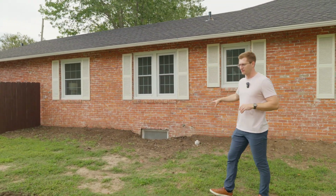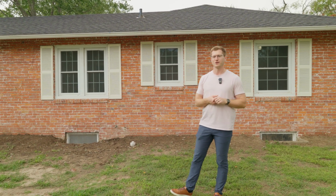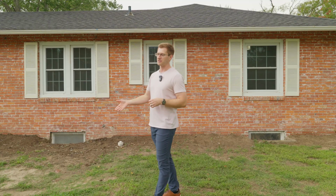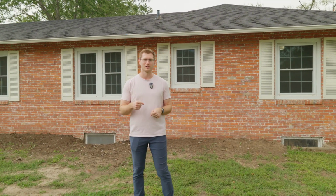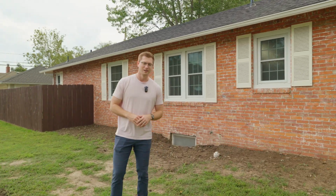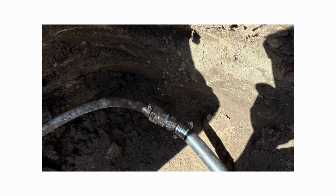But right here, we did run into some stuff. About a week or 2 after we closed on the home, the guy was mowing out here and he noticed some water coming out of the ground. Well, it turns out the main water line had burst. We had a ton of rain, it caused a lot of soil to settle, and so it burst some old water lines. So what we had to do was have a guy out, dig a big hole, put a new